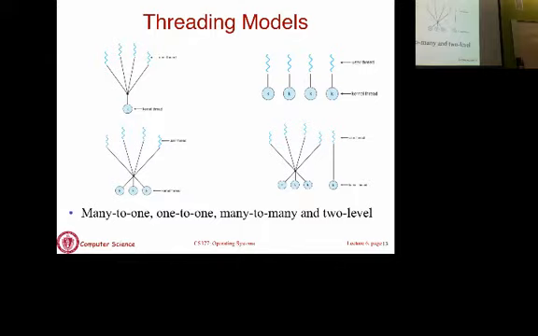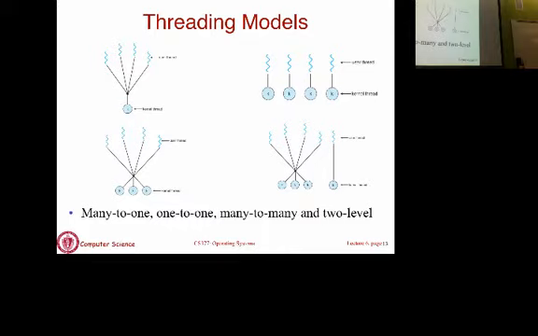Okay? Yes, question. If you have all the user level threads and you have the kernel level threads, is there a difference? The question is, if there's a user level thread that's mapped onto a kernel level thread, is there a difference between the two? So I'm just showing you what we call a user level threads package. What that is, actually, from a kernel's perspective. All user level thread packages look like this from a kernel's perspective.